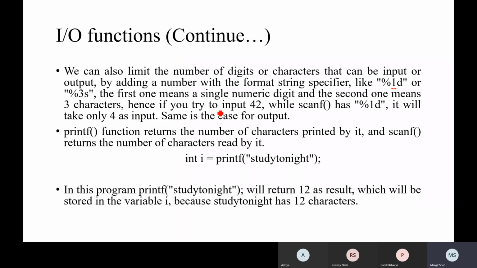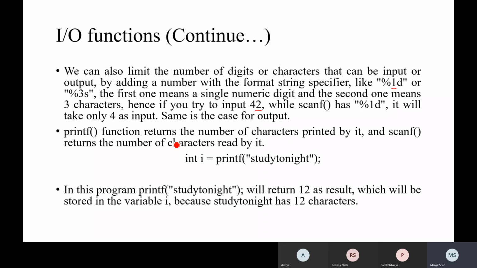Hence, if you try to input 42 while scanf has %1d, it will take only 4 as input. Same is the case for output. Now you might think that we have entered 42 and it takes 4 as input. What about 2? Then 2 will be there in your keyboard buffer, and thus the next scanf may be skipped. That is possible. So we will see the same at the time of programming.